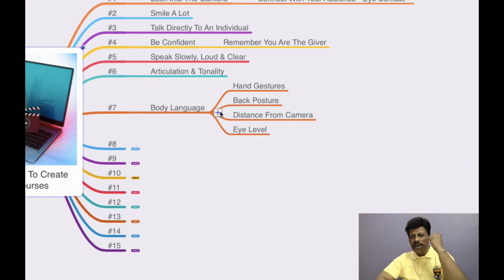Eye level contact has to be as close to the camera height. You don't want to be looking down on your audience to speak, and you don't want to get too very close to the camera. I'm a little bit slightly